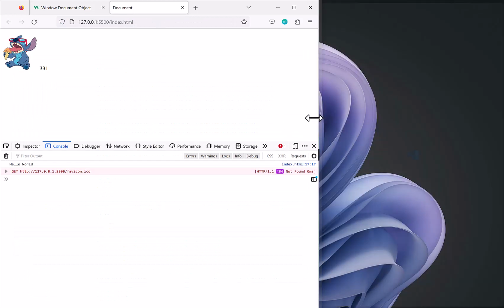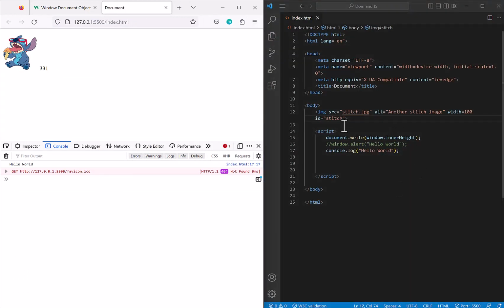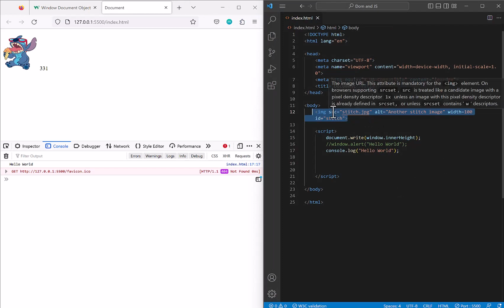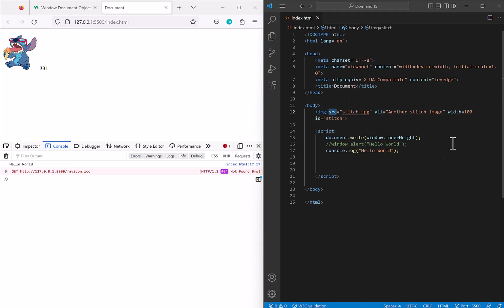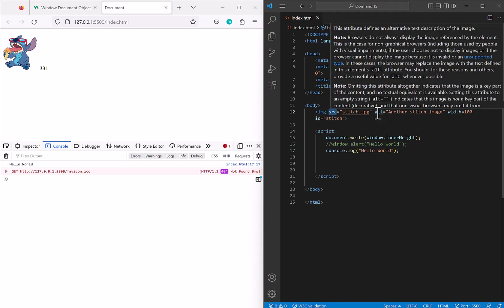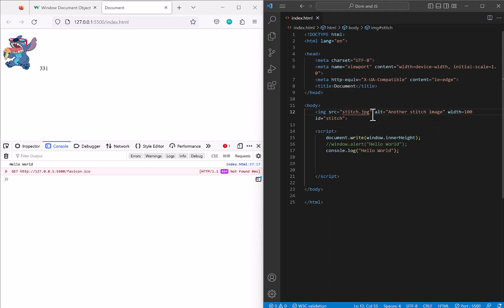All right, so I have put on my page since our last video an image, and I've attached several what we used to call attributes, but I'm now going to call properties. The src property, the alt property, I gave it a width, and I gave it an ID. So what I'd like to do is just copy and paste so you don't have to watch me fat finger. I'm going to console log